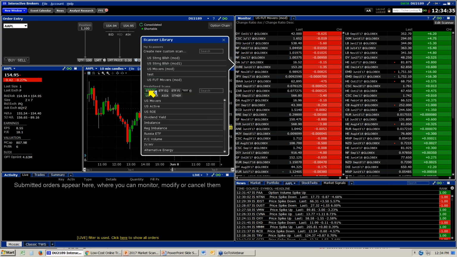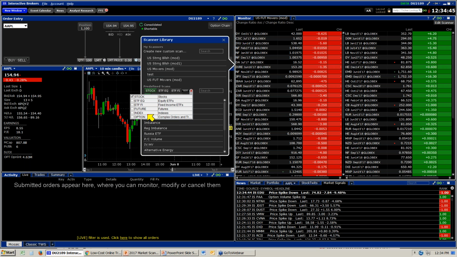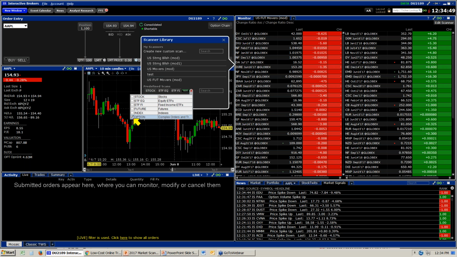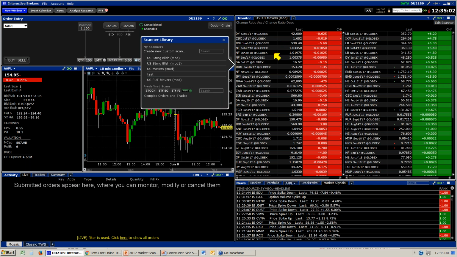You'll notice we've got ETFs, equity ETFs, fixed income ETFs, and even quite a few different products here, including options. But notice that if I do go in and select options as the underlying instrument, what it will show me are complex orders and trades. Once I make that selection, I'm going to simply click out of this window here, and you'll see